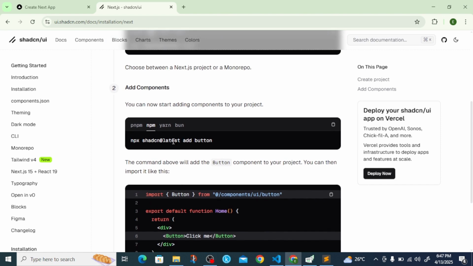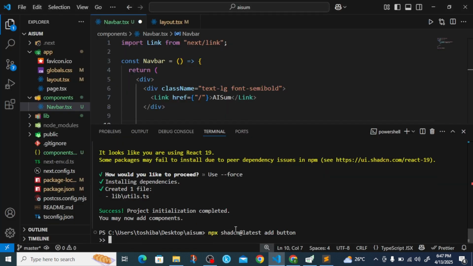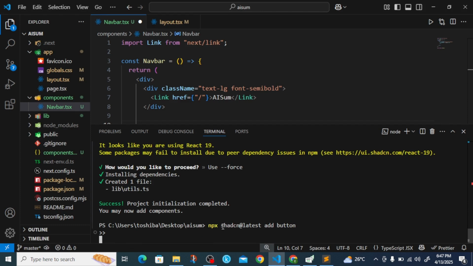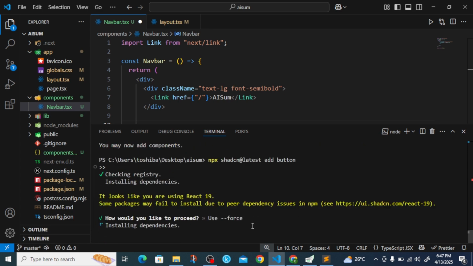So they already have that as an example, so we can just copy this, go back to our code, and then you can paste it, then click on enter. So npx shadcn@latest add button. So that is how you add different components from Shadcn. npx shadcn@latest add, then any component you want, just like that. Okay, use false again,